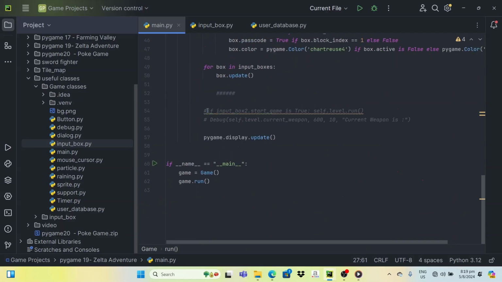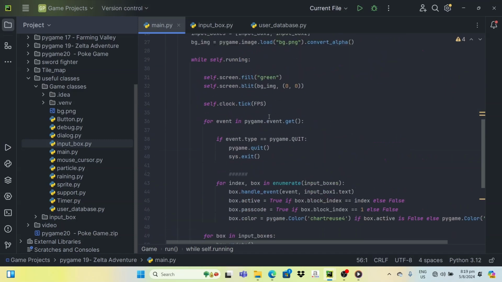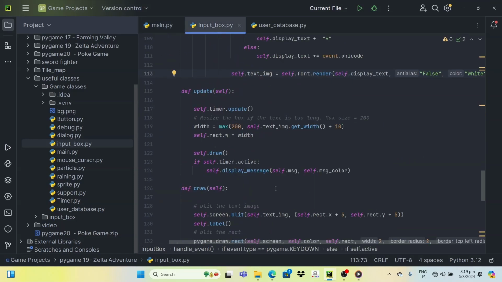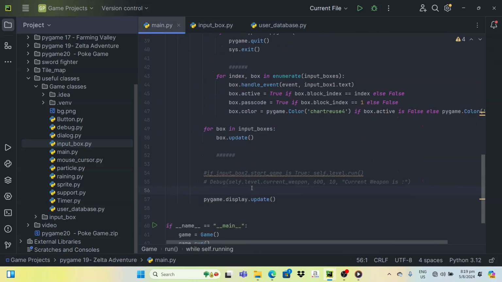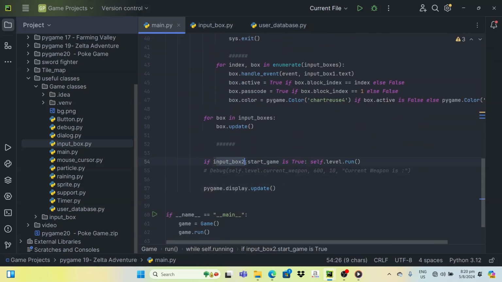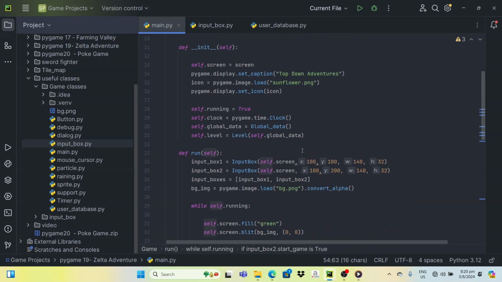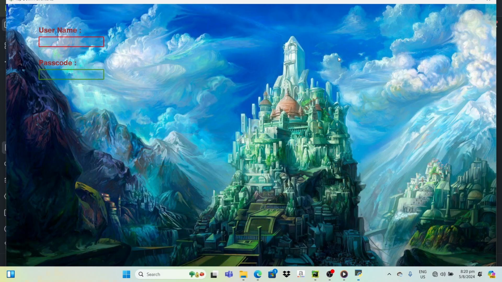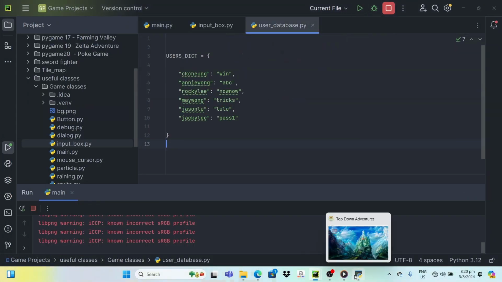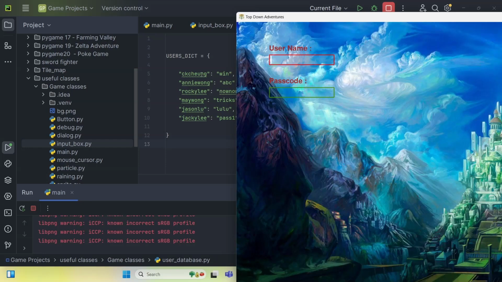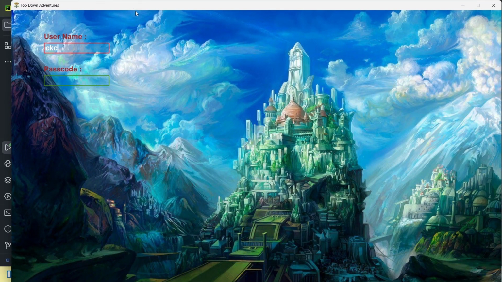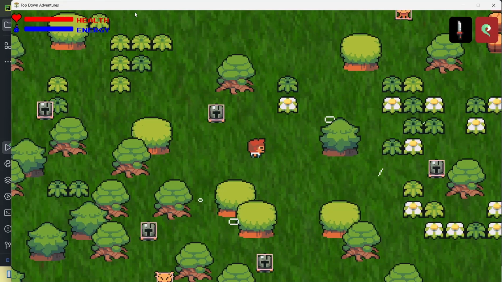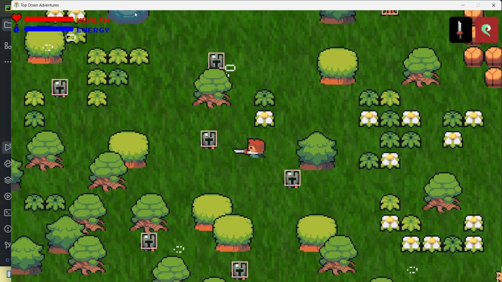This main body is from a game I made before. Now I am linking the input box screen. If you successfully log in, you can see the start of the game. I just add the statement: if input box 2 dot start game is true, then we can run self.level.run. Now I enable this statement and see what happens. So here I have my login screen code, a database containing the usernames and passwords, and finally the main game logic. I connected the three of them together. Let's try it now. By entering Xung and the password win, the game should be able to start. So now you can see here we can